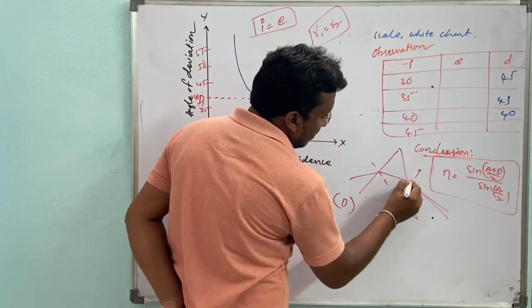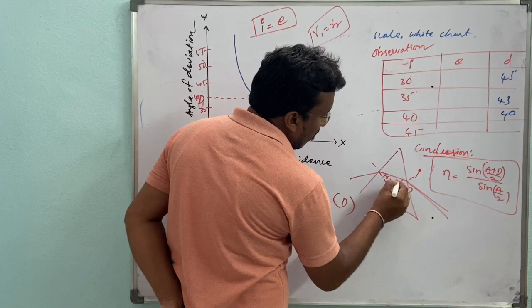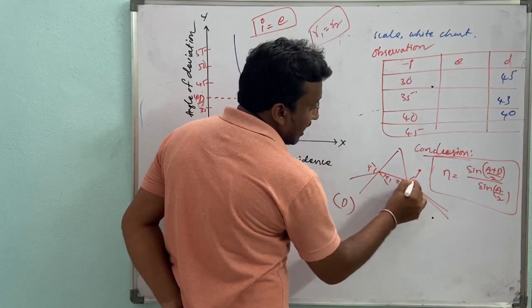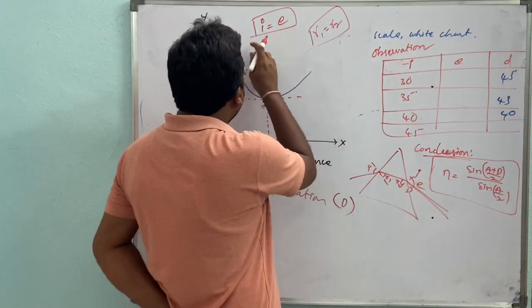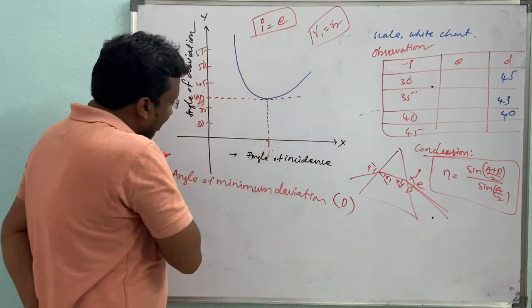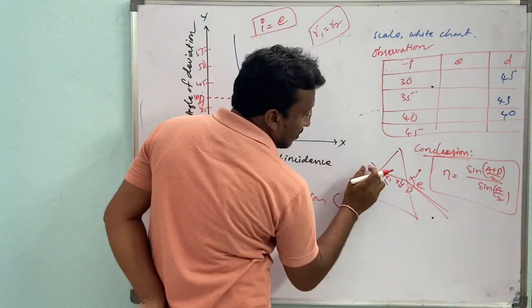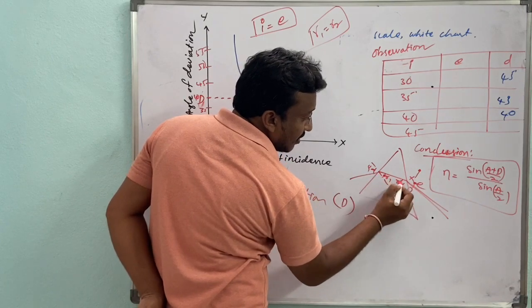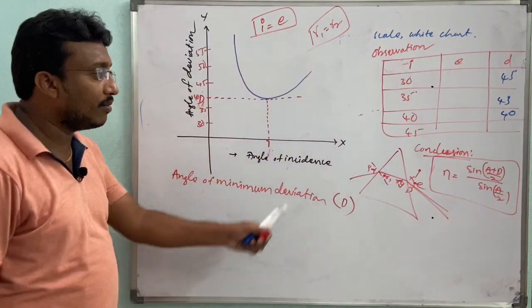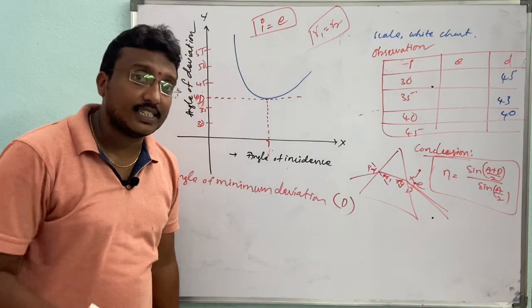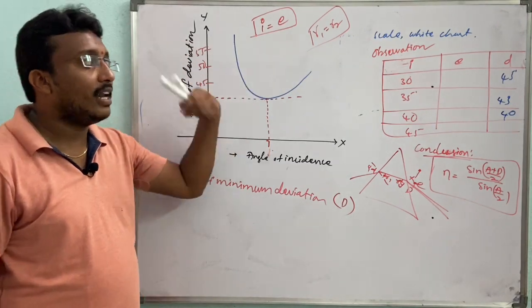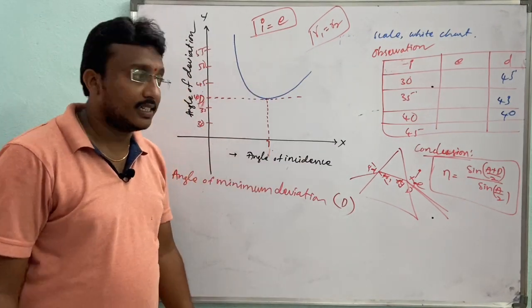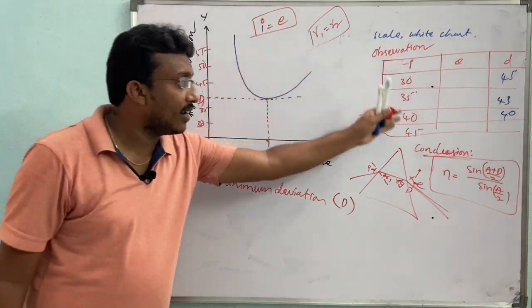Here in a graph in the prism we got it, right? This is R1 and R2. This is incident angle, this is emergent angle. When the angle of minimum deviation is formed, in such case these two become equal, and at the same time these two become equal. This is a factor while changing the angle of incidence. This is a very important graph.